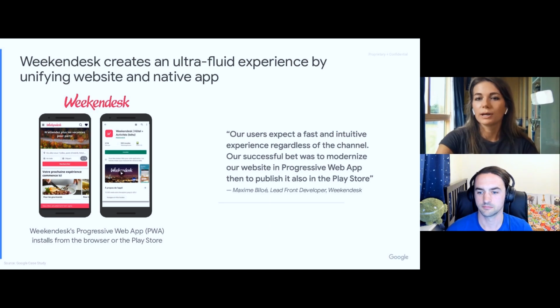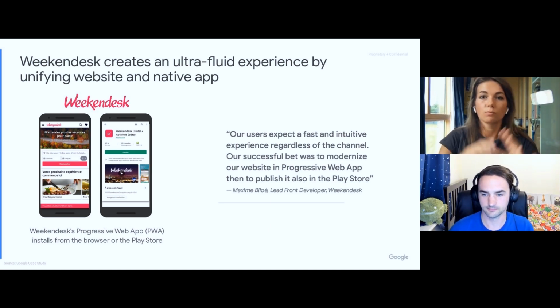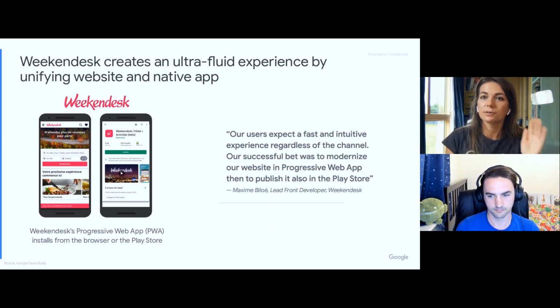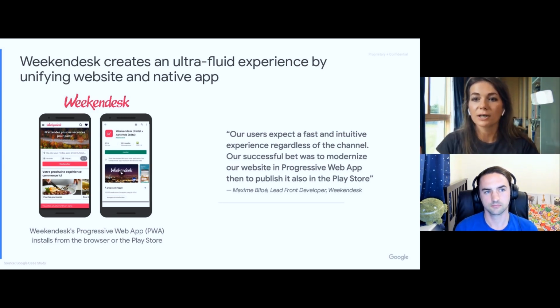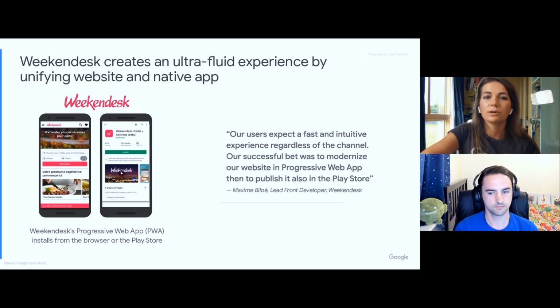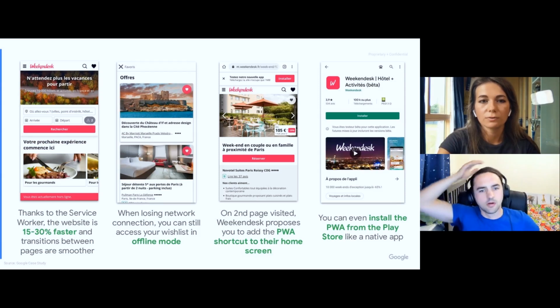They had really strategic interest in improving mobile experience and making it consistent across web and app, because 60% of their sessions were coming from mobile, web, and app. And what they've done, they have gradually added this modern web functionality to their website and transformed it into a progressive web app. So this is a breakdown of the features.